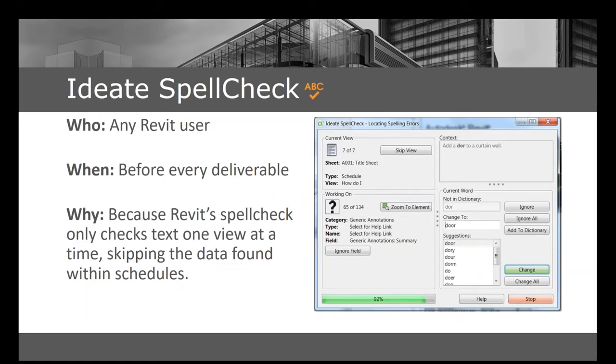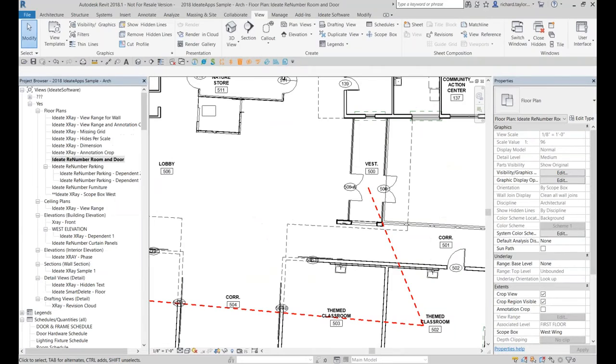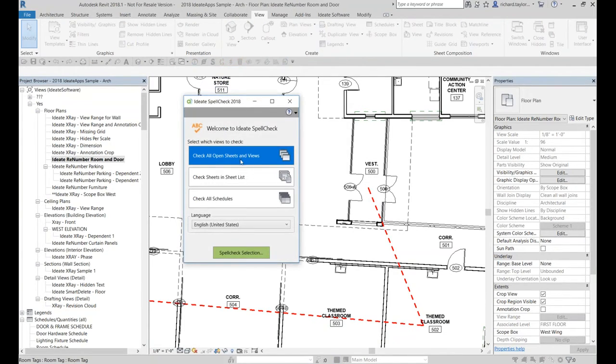All right, our next tool is called Ideate Spell Check, and I think this is kind of self-explanatory. In the sense, we need to create quality documents going out the door, and how do we do that? Well, Revit has a spell check tool, but it only checks one view at a time. Our spell check tool gives you the possibility of checking all open sheets and views, as you see here,